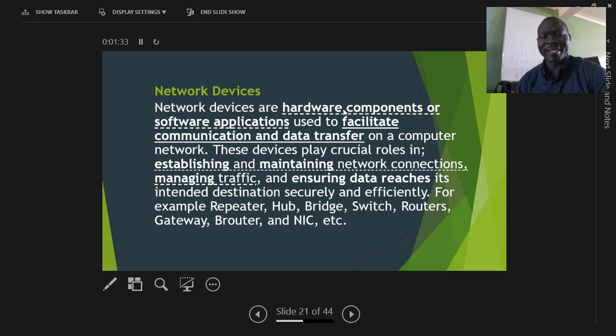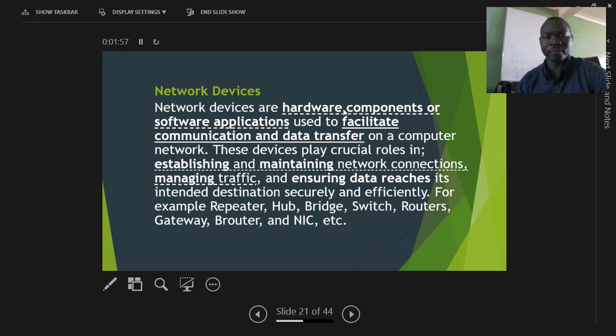Of course, they play a very crucial role in establishing and maintaining network connections. These devices allow such connections and communication to take place. They manage traffic, determine how data should move and where it should go, ensuring data reaches its intended destination